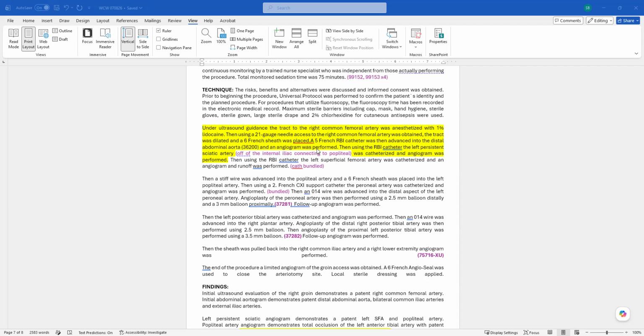Then my question, looking at this report, is how is the catheter advanced in this procedure? The catheter goes into the distal abdominal aorta. We see the 36200, that's going to bundle as well. I was going through my thought process on that and I didn't delete that. And then if the catheter goes into that abnormal anatomy, the sciatic artery, which is off of the internal iliac connecting to the popliteal,